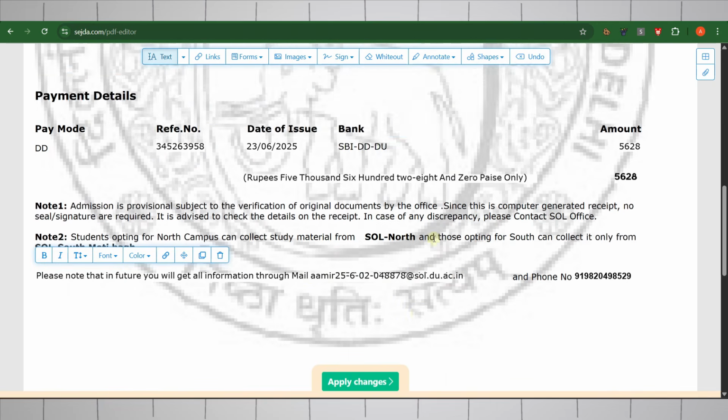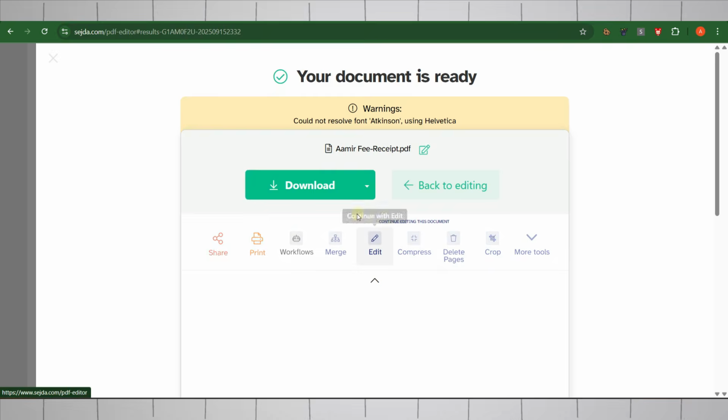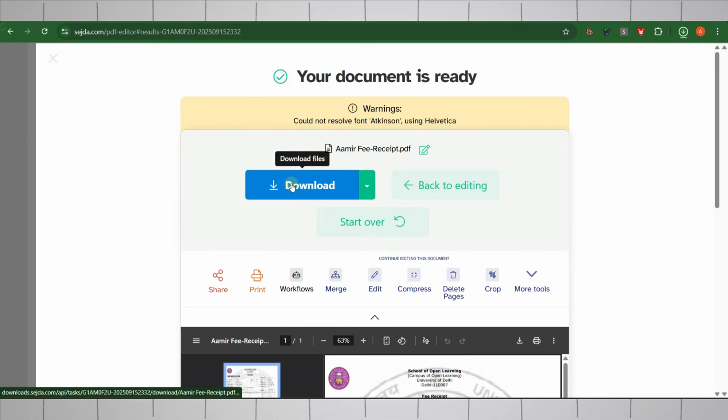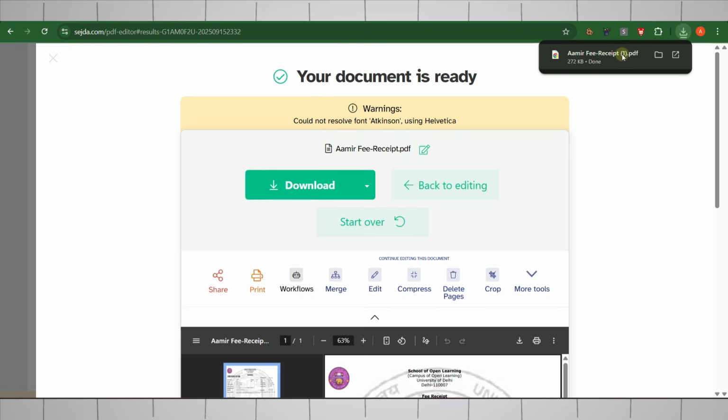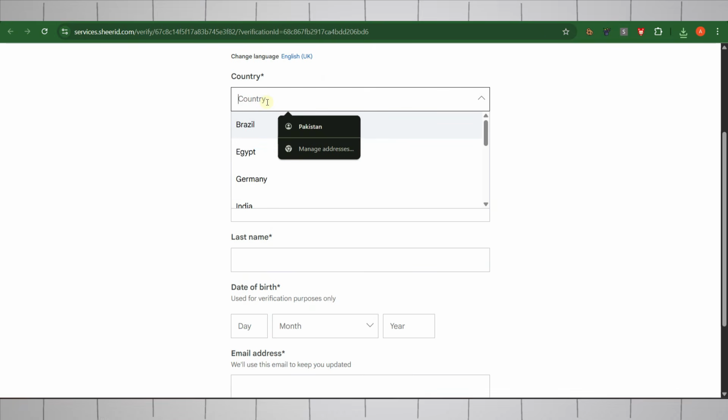After doing all this, make sure to verify it again and then simply click on apply changes and then download it. So it's Amir receipt 1, and now let's go back to the SheerID website and right here write the country as